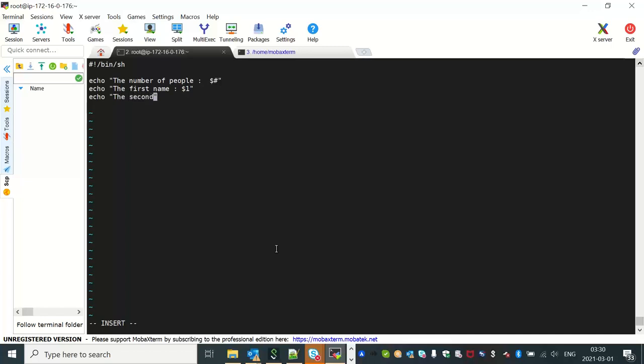The second name is $2, and so on. So the number of the variable will define its particular value also. If you want to access the first variable, you can access it using $1. If you want to access the second variable, its value will be $2, and so on. And if you want to access all the variables,